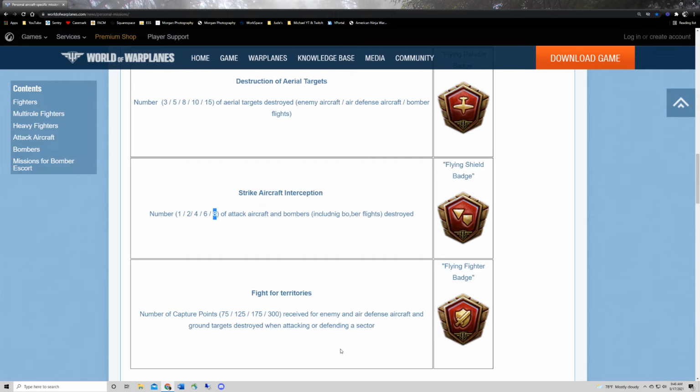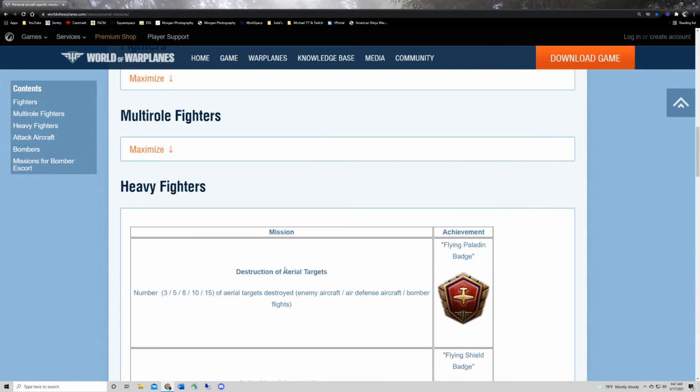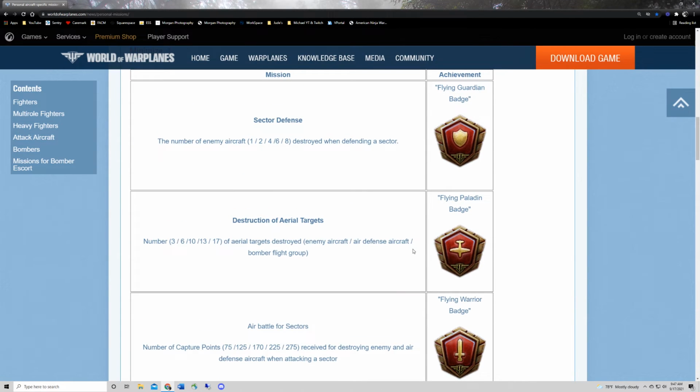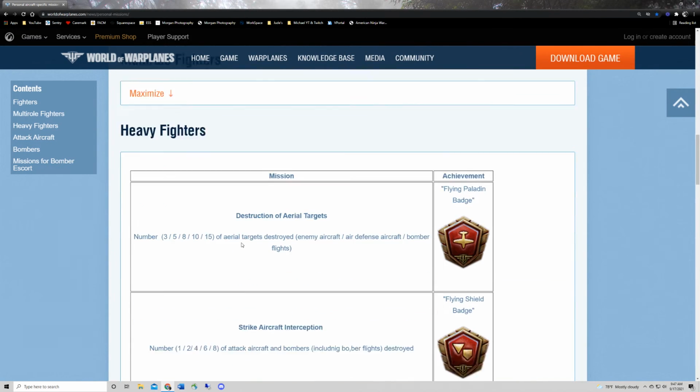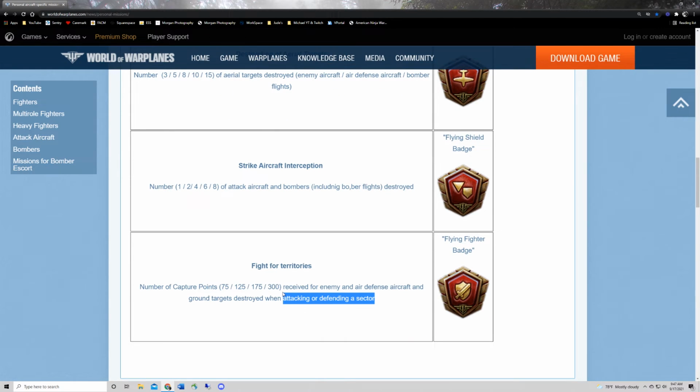And Fight for Territory. So this is, again, the Flying Fighter badge. Number of capture points received for both attacking the air and ground targets. The difference for this one is, for the Flying Fighter badge, it actually says while attacking or defending a sector. It's kind of weird. I'm not sure it said that for the actual fighter, did it? No, that's just Flying Warrior badge, not Flying Fighter. Anyway, so number of capture points, up to 300 capture points for just basically doing everything,